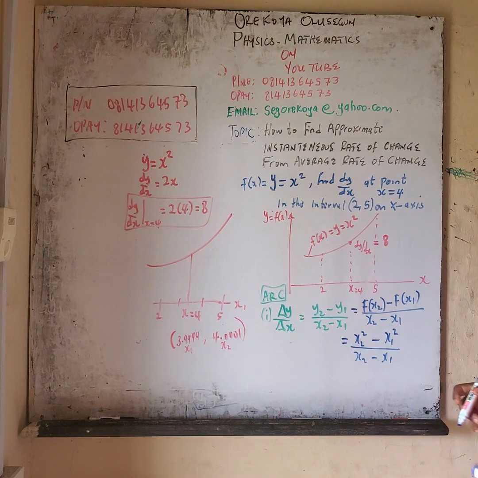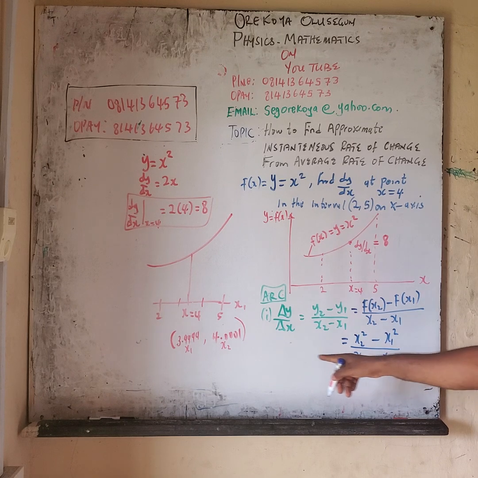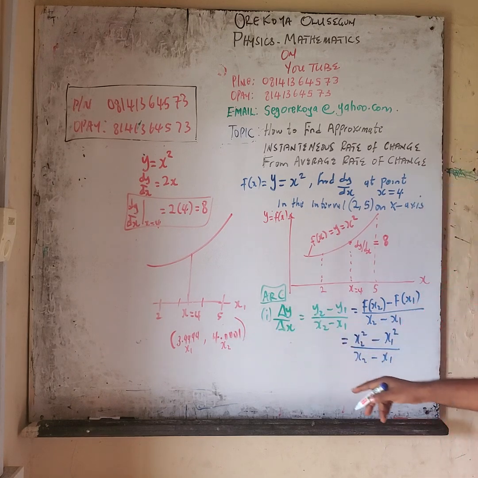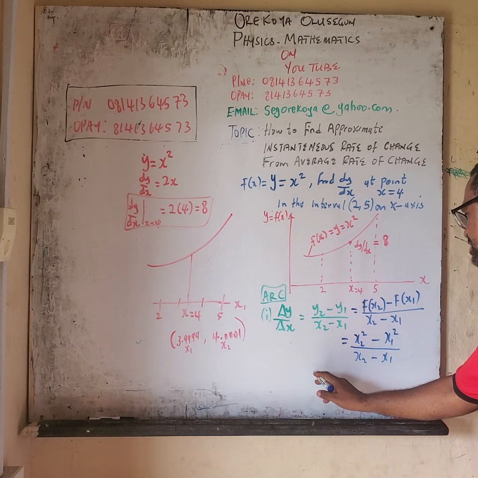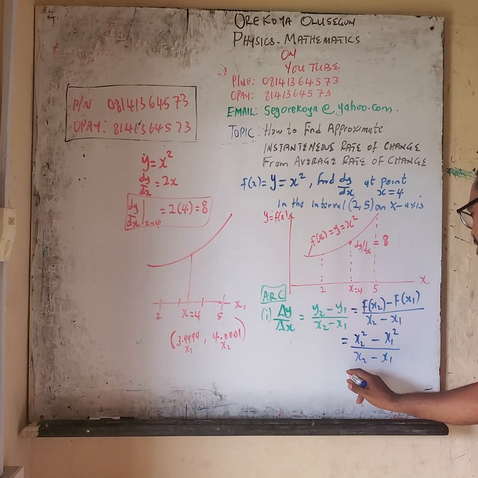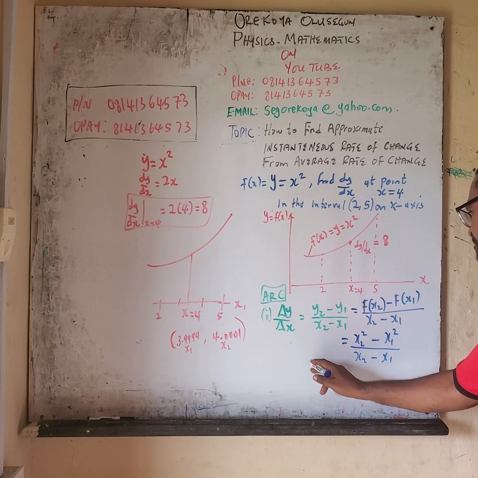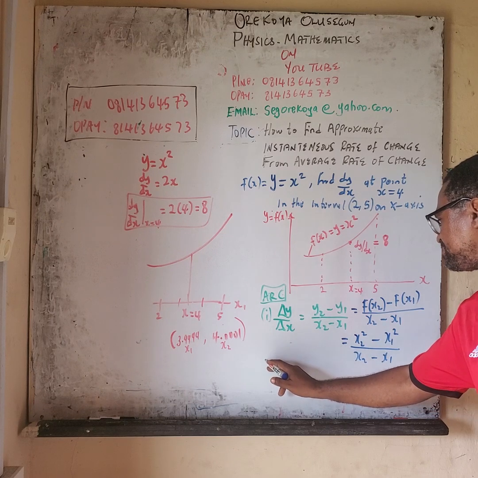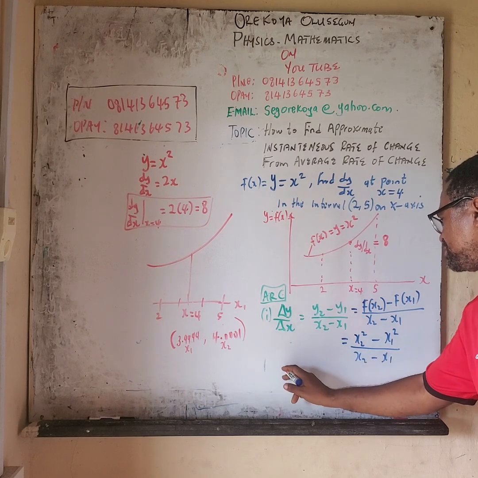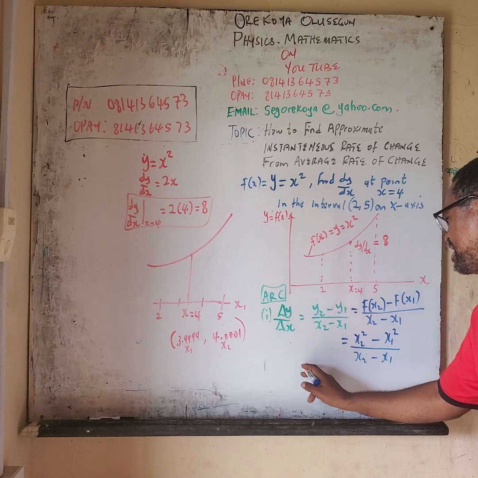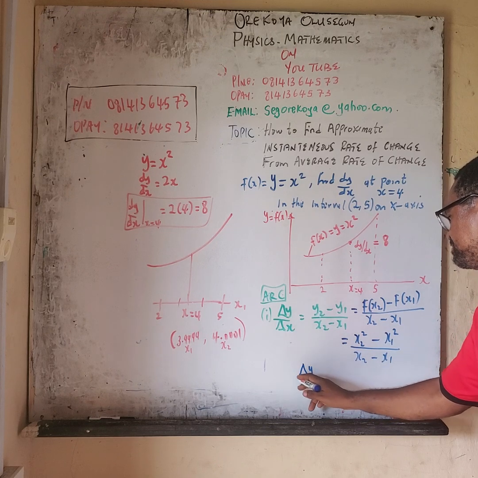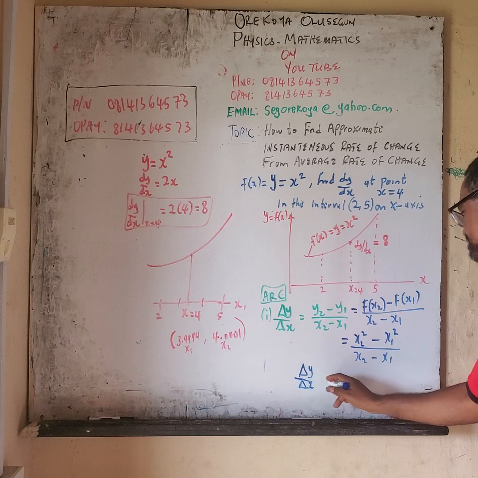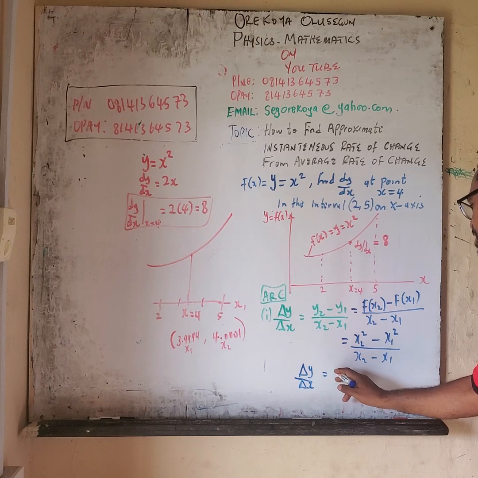Now, in this particular function, my x2 is 4.0001. So I'm going to write it as the approximate rate of change. That is the limit of the approximate rate of change, but using this average rate. Let me write this one as delta y divided by delta x is equal to